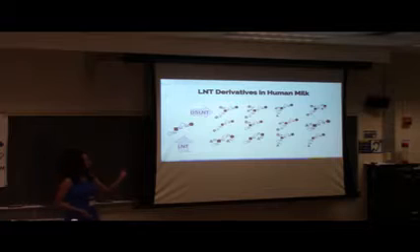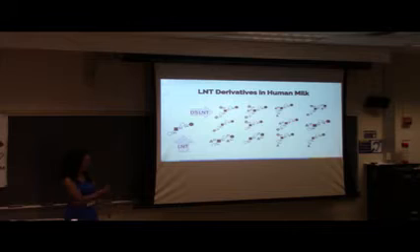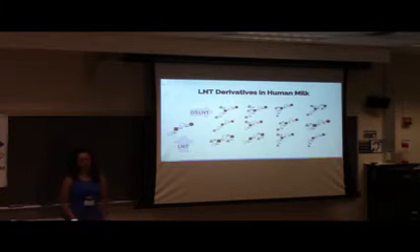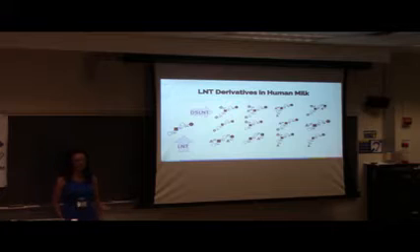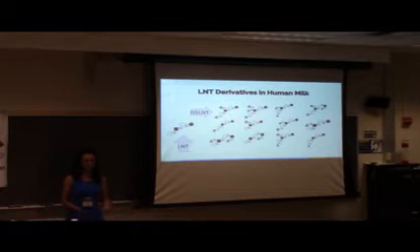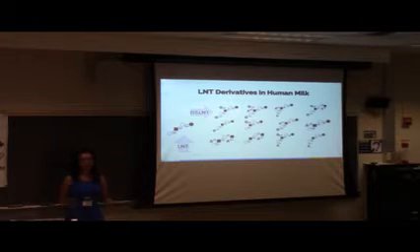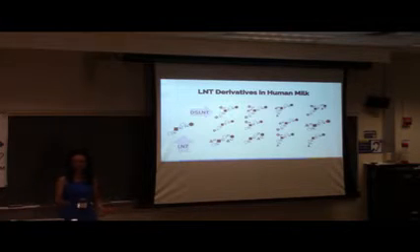So here are some examples of LNT derivatives in human milk. Specifically, here's LNT over here, and then here's DS-LNT over here. DS-LNT is interesting because past research has shown that DS-LNT can protect neonatal rats from necrotizing enterocolitis, which is tissue death in the intestine. So maybe if we can create LNT, we can add it to baby formula and protect infants with immature immune systems from necrotizing enterocolitis as well.